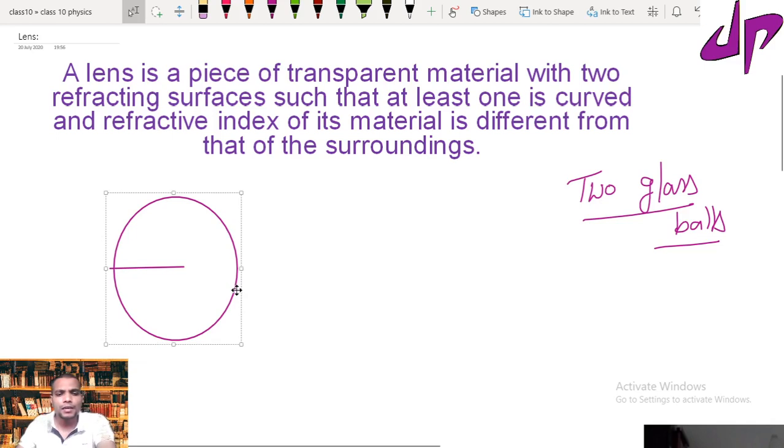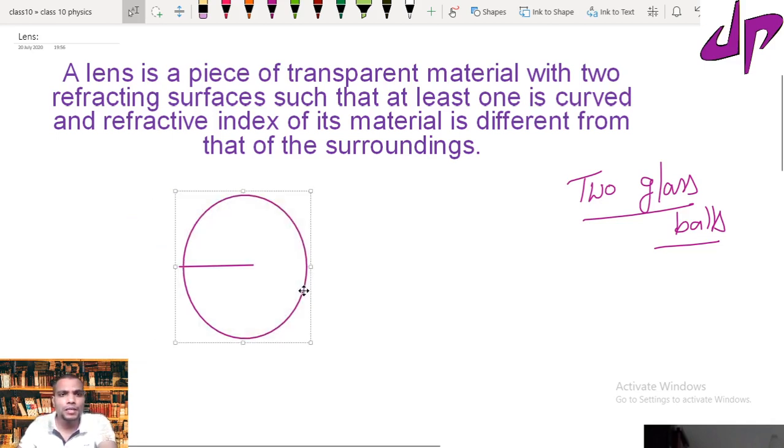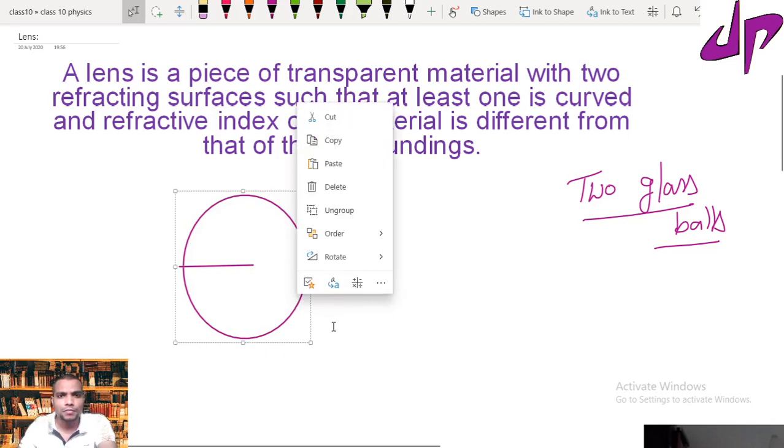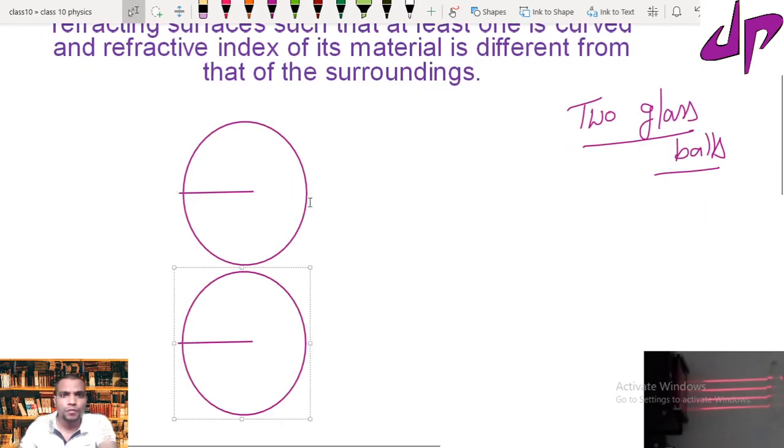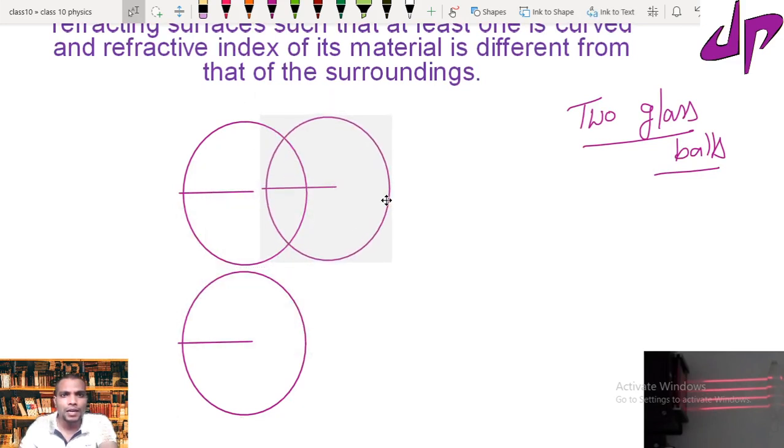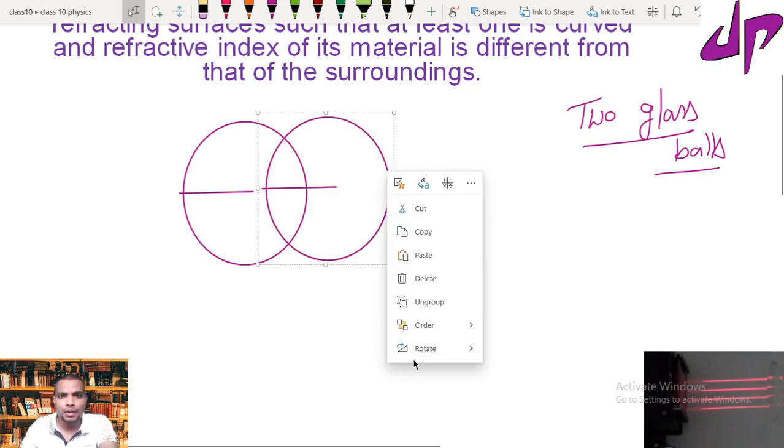Suppose I make a copy of this and keep it like that. Now if I take one and make an intersection like this,